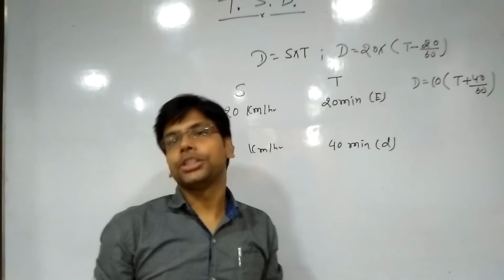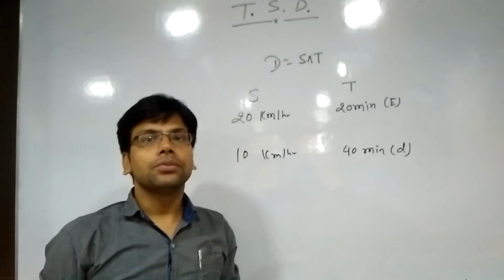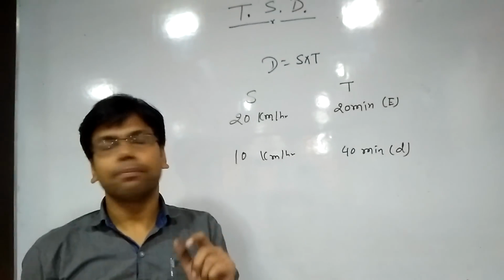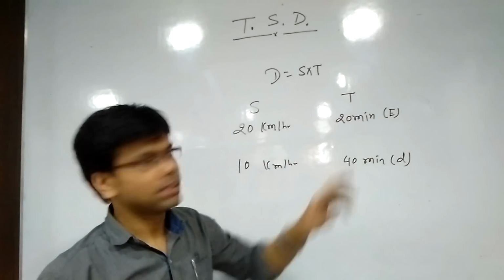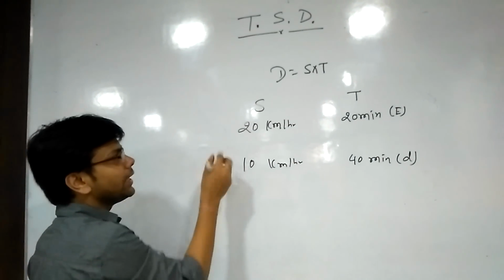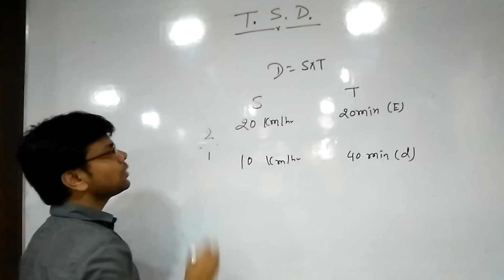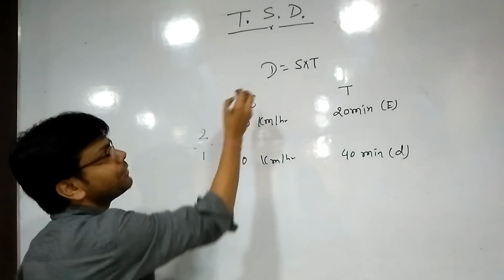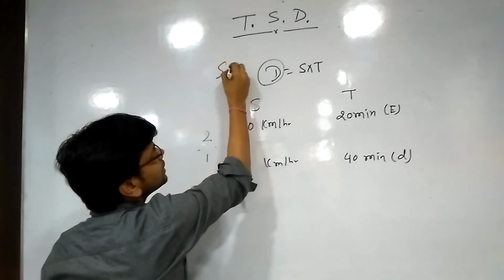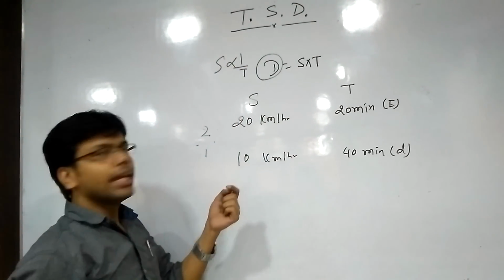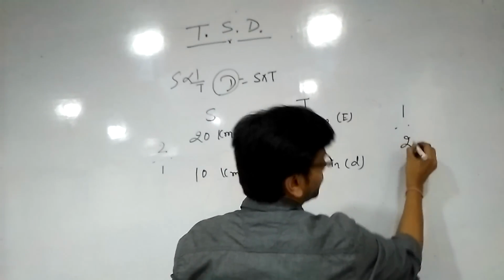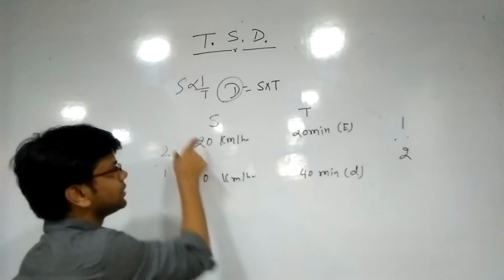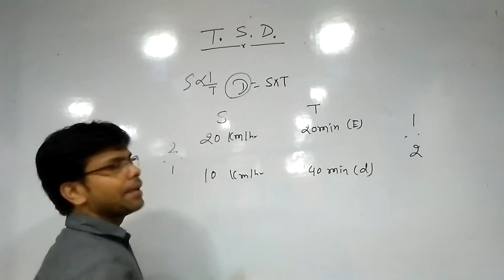Now how can we apply the ratio method? Our first concept was we can find the ratio and we find the gap. Can we find the ratio of speed? Yes. Can we find the gap of time? Yes. So what is the ratio of speed here? We can say the ratio is nothing but 2:1. And we know if distance is constant, speed is inversely proportional to time. If our speed ratio is 2:1, so the time ratio should be 1:2. You have to do nothing, just find the speed ratio and reverse it into the time ratio.